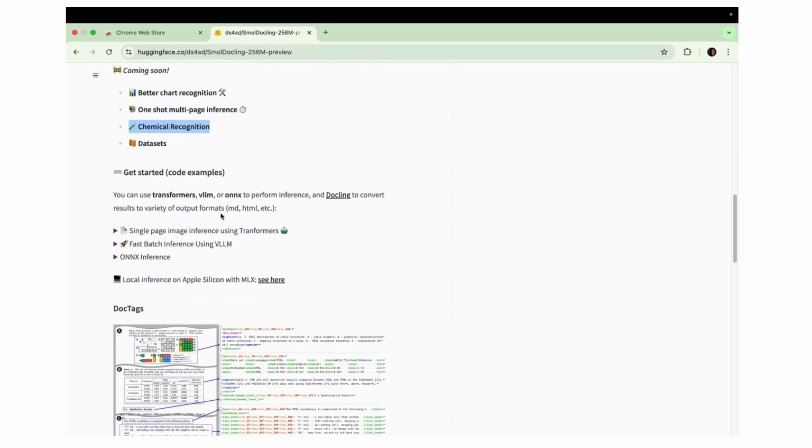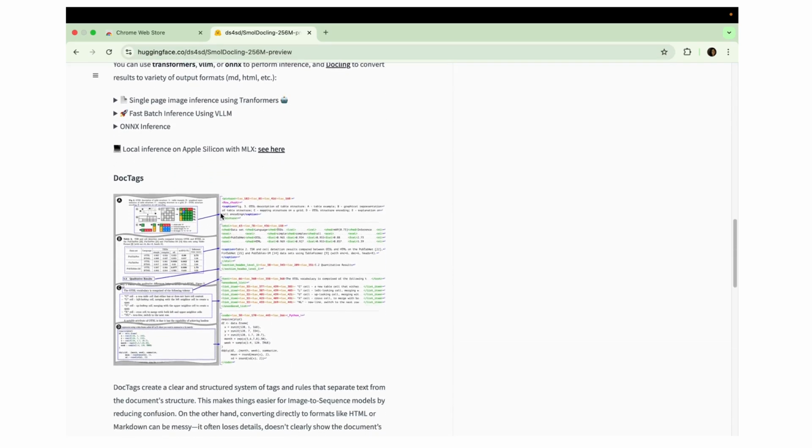Yeah. And we can get started with the code example. I'll do that. But before that, we have to just